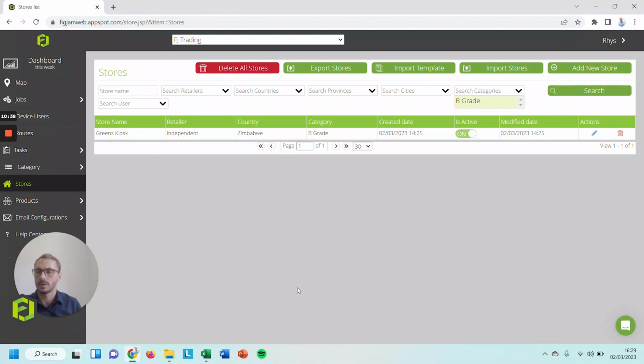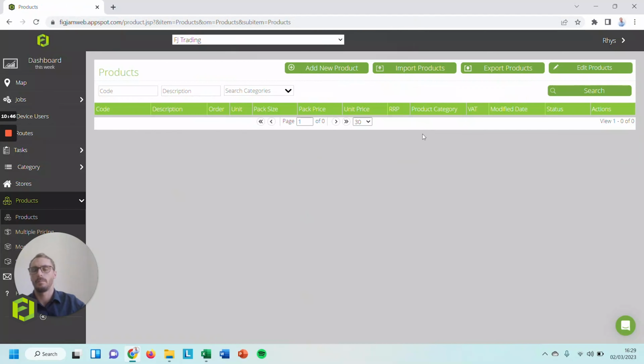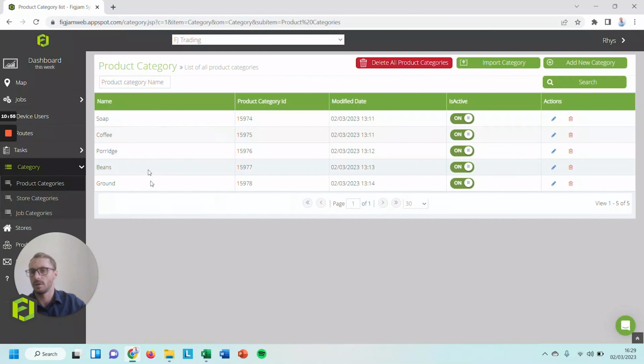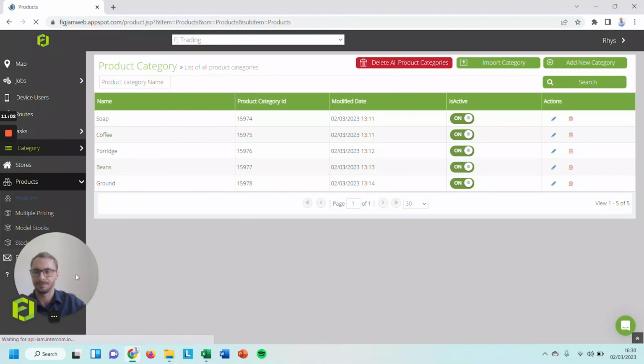I'm now going to move across onto our products page and show you how we can run through all of this. So once again, I've got a blank page here. What I have done, similar to the customers, is I've generated product groups or categories already: soaps, coffees, porridges, beans and ground. If I take us back to our products page,